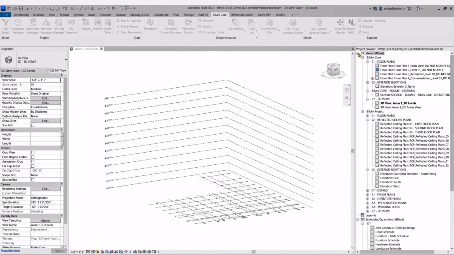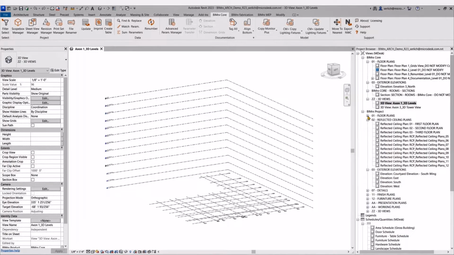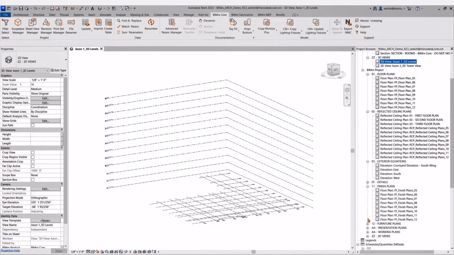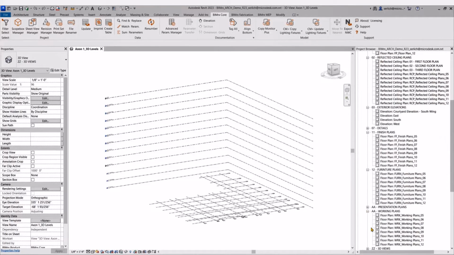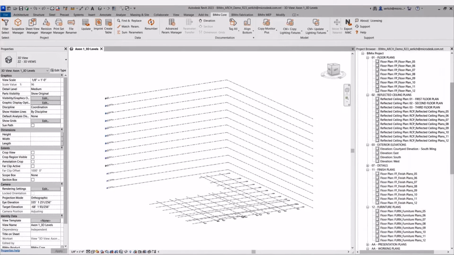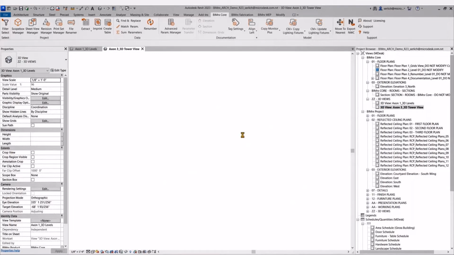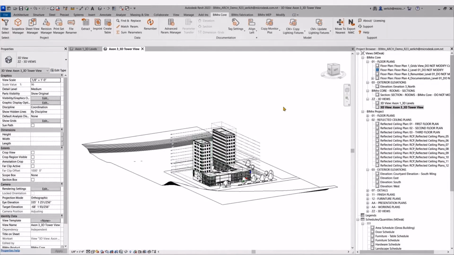Here we can see the floor plans we created, the reflected ceiling plans, the finished plans, furniture plans, working plans. Everything is right here, and it was so simple and easy to create. And now that our views are created, we can start to actually model our building. Once the building is modeled, bam, just like that, you can see that we can actually start to manage some